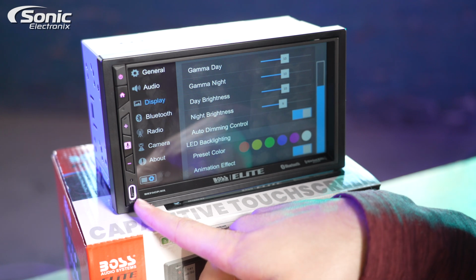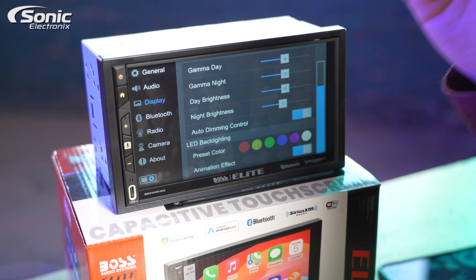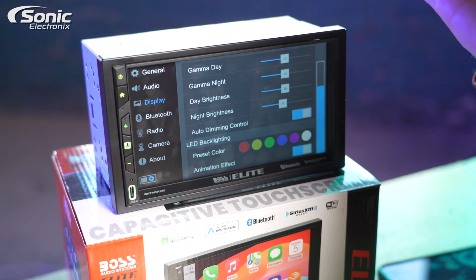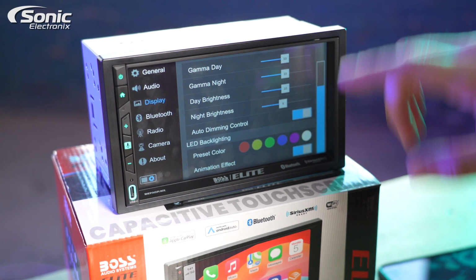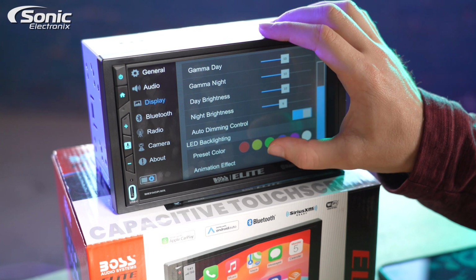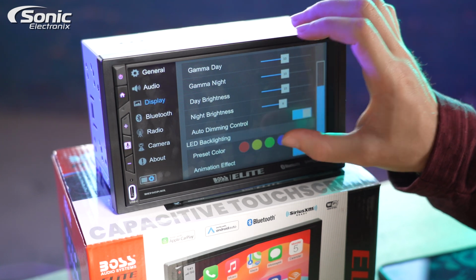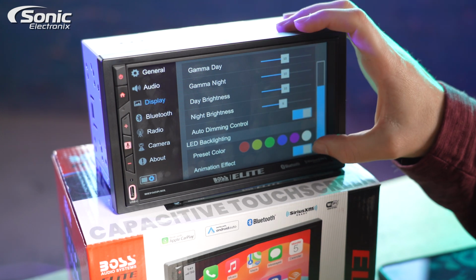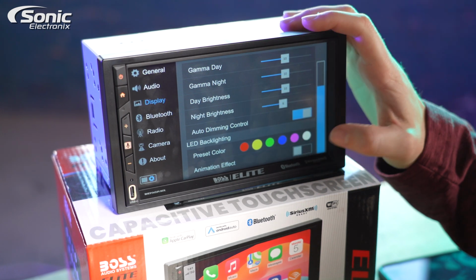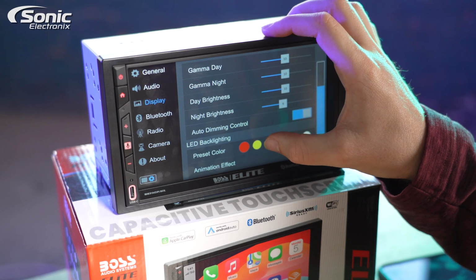So this is for your LED backlighting and your little RGB lights here on the side. They'll just cycle through all the colors, which if you like, you can leave it there and never touch it. But when you land here, you may just do what I did and start clicking these, and you'd think, oh my goodness, my boss unit is broke and I can't use these beautiful RGB lights that they've put in here. But you actually just have to turn off the animation effect. So when you turn that off, you'll be able to adjust those to just the static